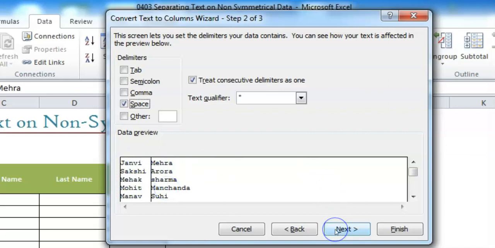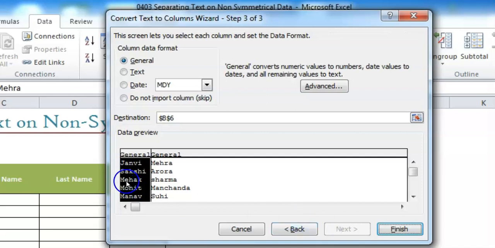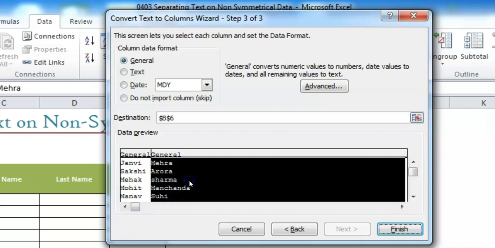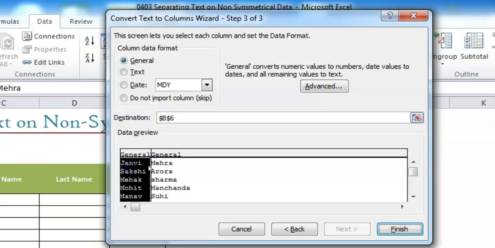The last step is I'll click on next and there we have these two columns with us. This one is dark because it is selected. If I click on this one, it will get selected. There is no use of this right now, but when you can use it, just have a look. There is an option, do not import column, skip. If I click on this, you can see this one is dark. If I click on this option, it will not come in the solution because that column will get skipped. But right now I want both the columns, so I'll not choose this option. The last thing is destination that we are going to focus on.